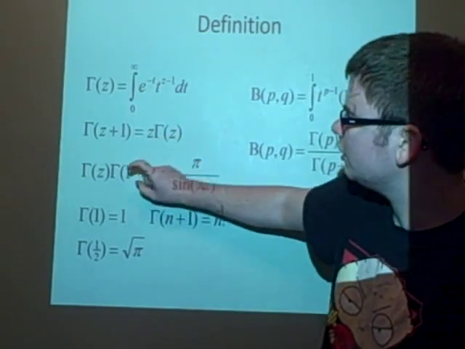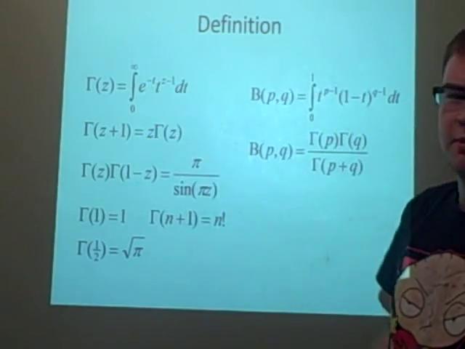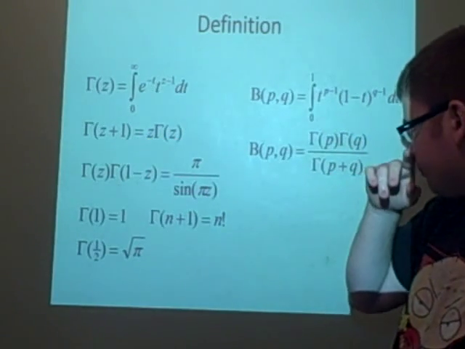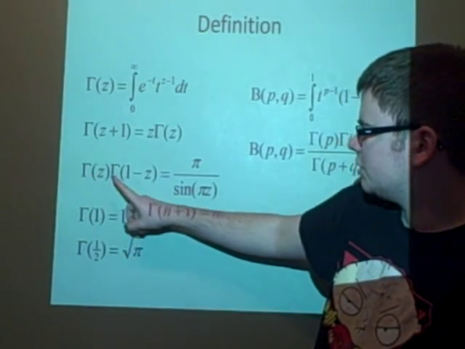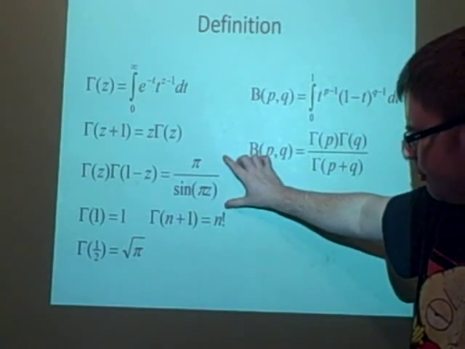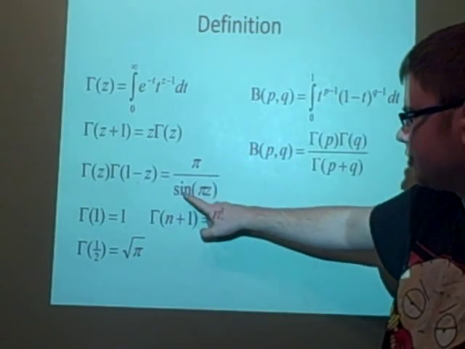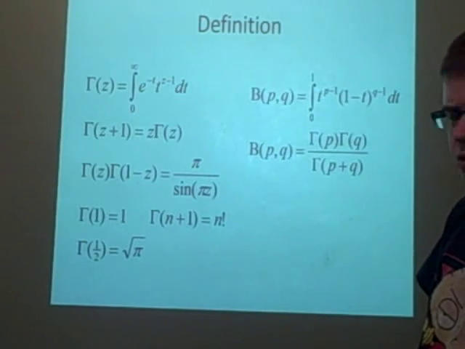Some stuff we can do with it. We can say gamma of z plus 1 is equal to z times gamma of z. I'm sure you can find all these proofs on the internet. Gamma of z times gamma of 1 minus z. This is quite a big proof. This is equal to pi over sine pi z. I've not found much use for that yet, but